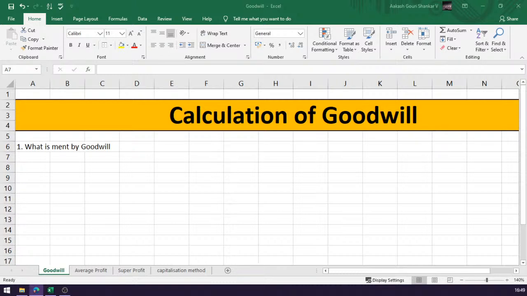We can end our session here and see you in one more session soon, in which I will be explaining topics related to admission, like how for admission we should take goodwill into consideration. And at a later point, I will be discussing how goodwill will be taken into consideration for retirement.